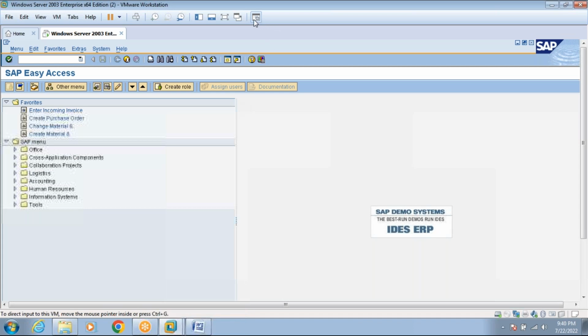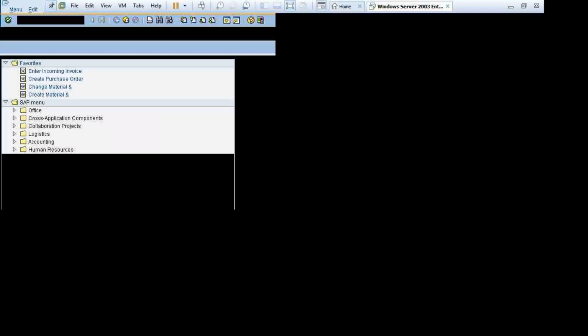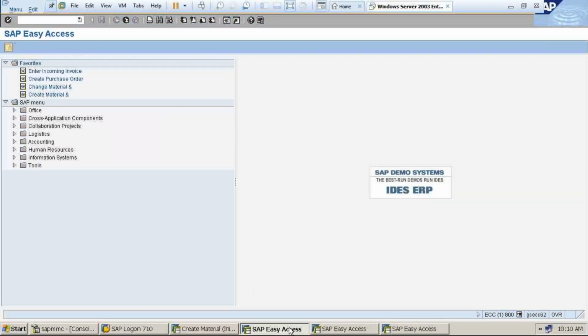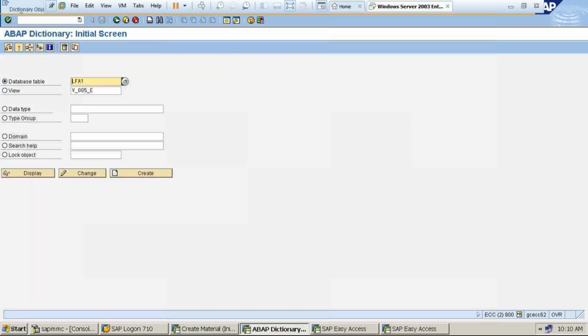What I'm saying is, even with SE11 you can see them. Go to tables. We have the MARA table. For the database table, just enter MARA, click enter and click display.